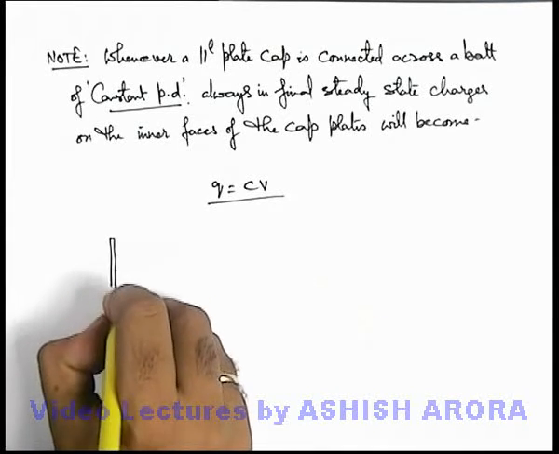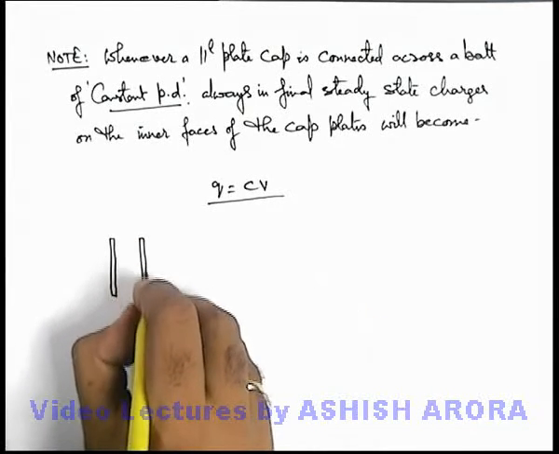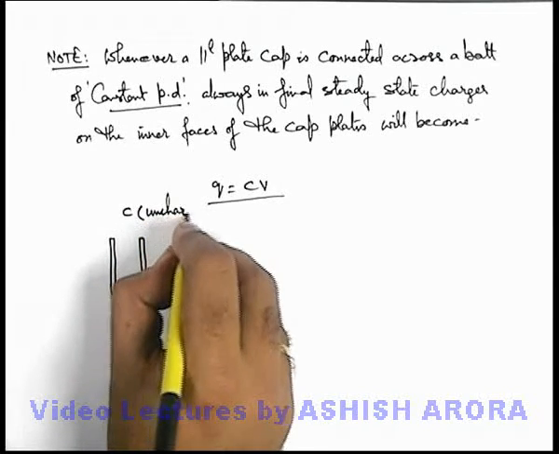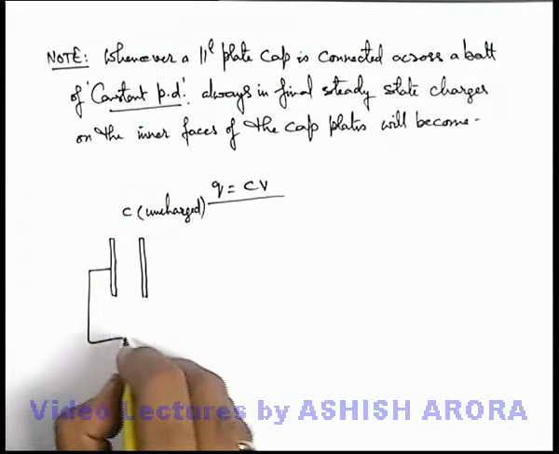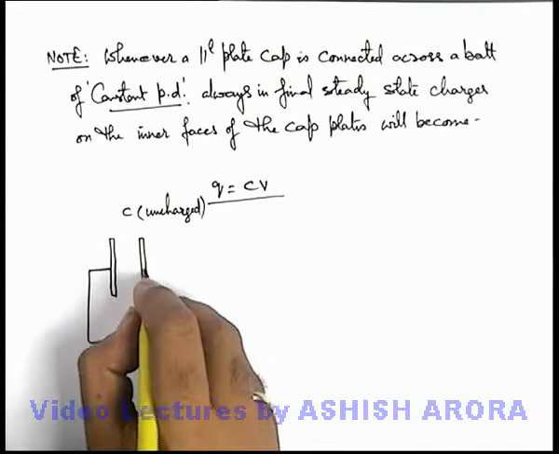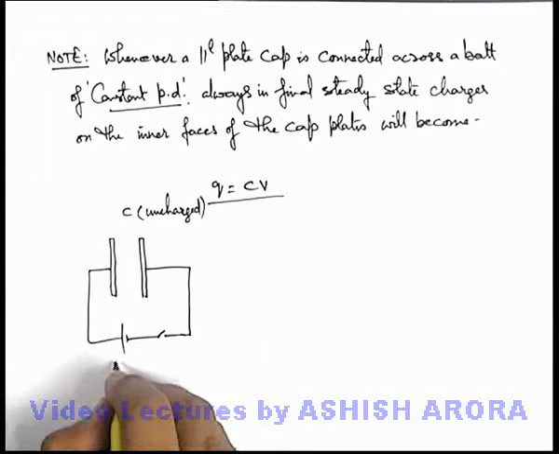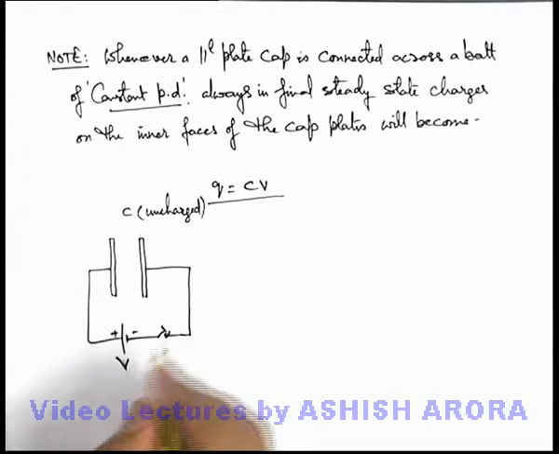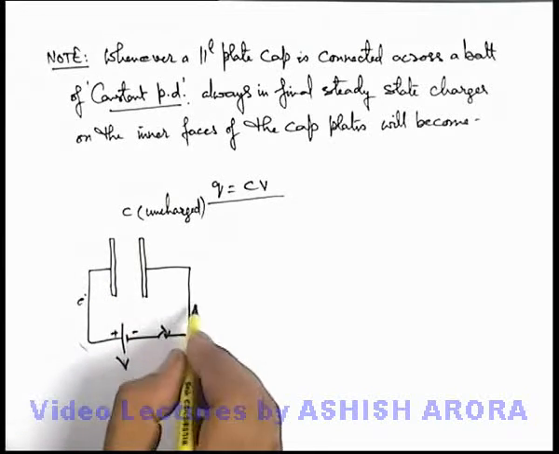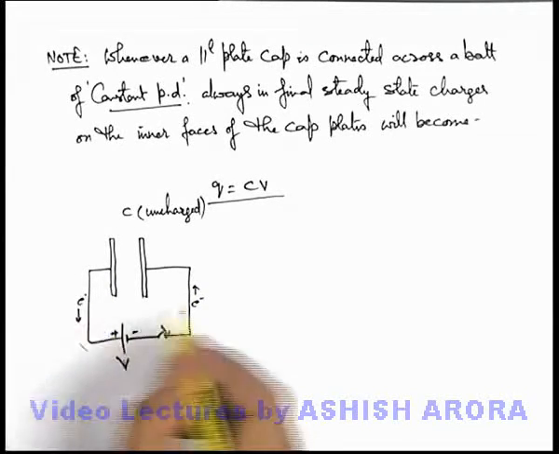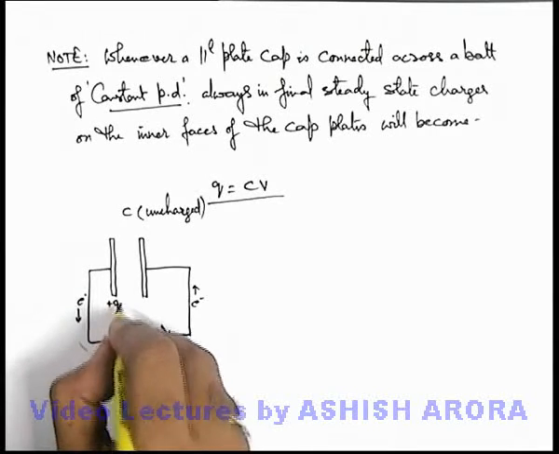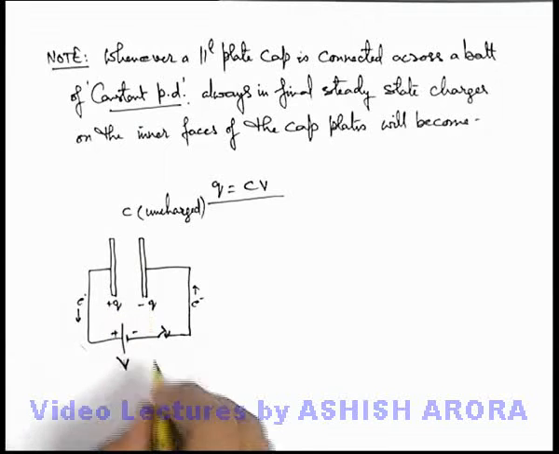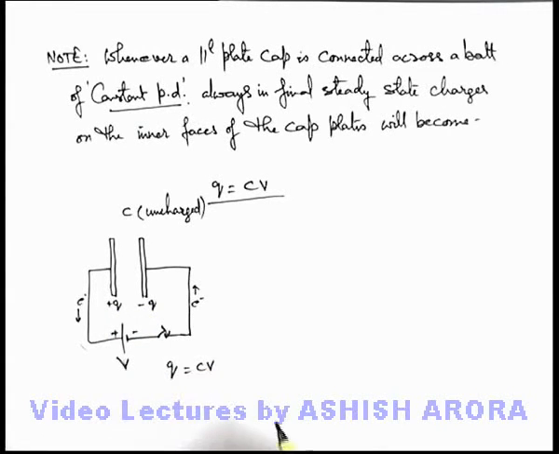That means if we talk about two situations, say we are given a capacitor with capacitance C, and it is initially uncharged. If we connect it across a battery, it is a similar situation we have seen on the previous sheet. The battery is of a potential difference V. If we close the switch, it transfers electrons from one surface to another, and due to the transfer of electrons, this plate will become positively charged and this will be negatively charged, and finally we can say the magnitude of charge will be CV.